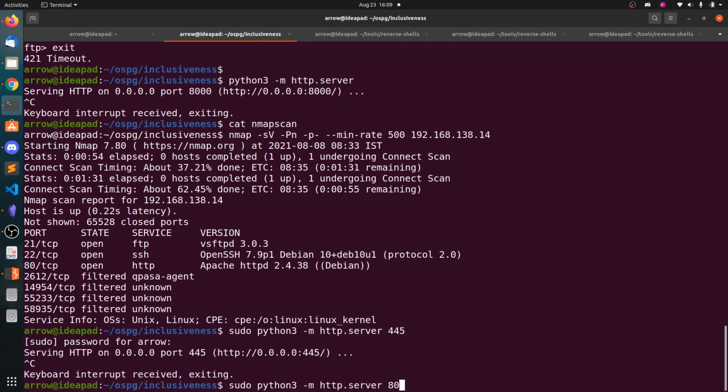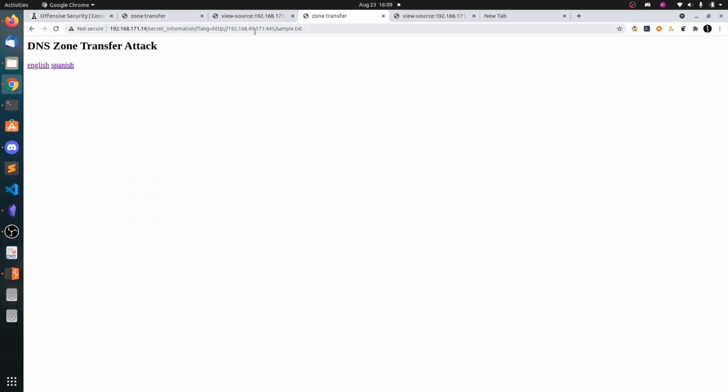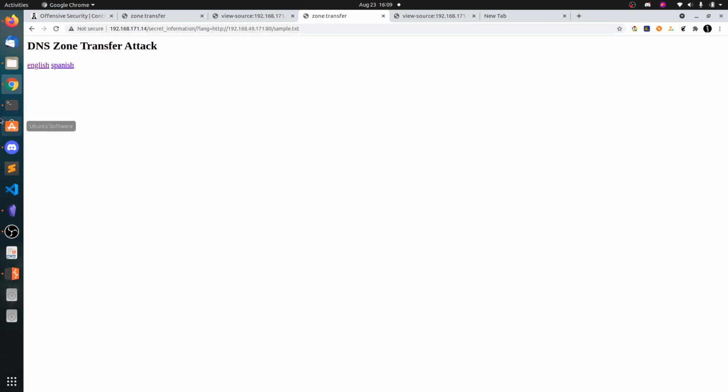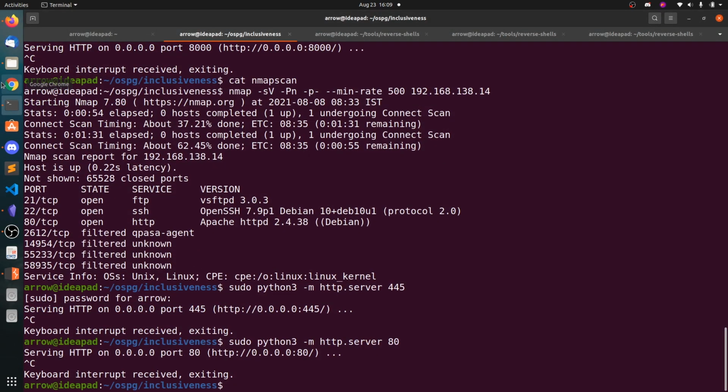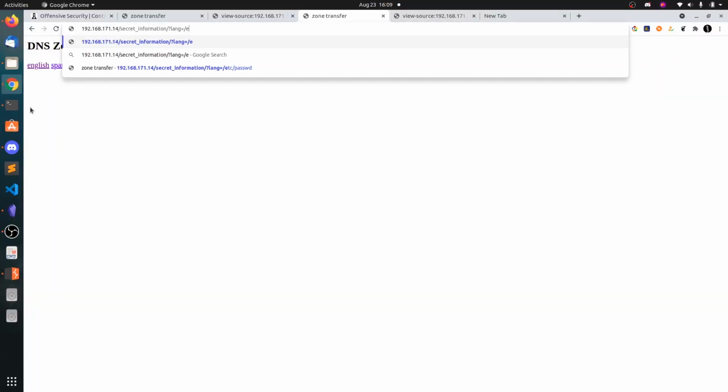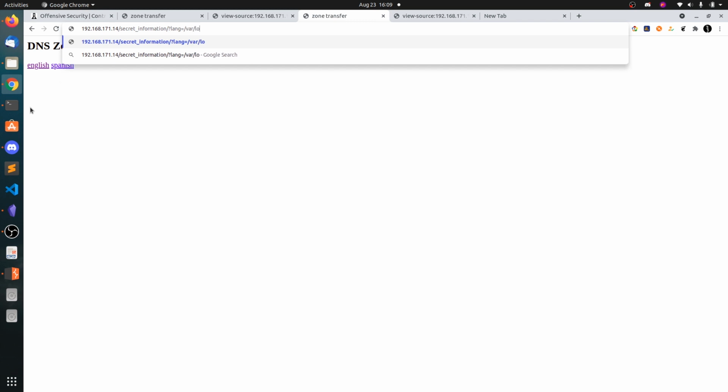Let's say port 80. So I think there is no remote file inclusion. So let's check for logs. Auth log contains all SSH login items.